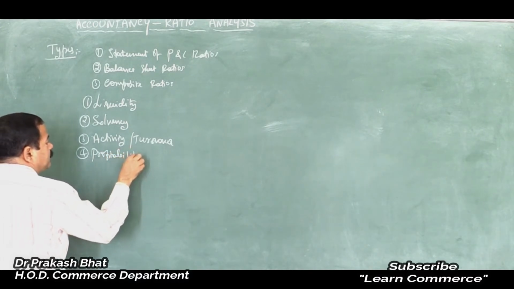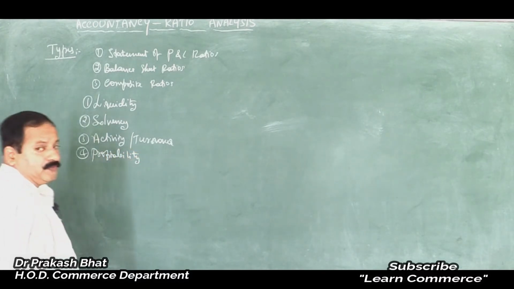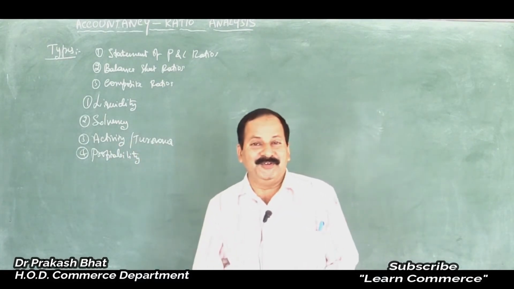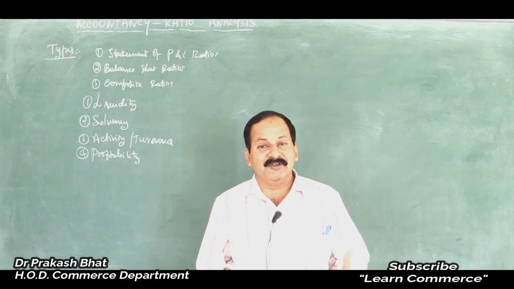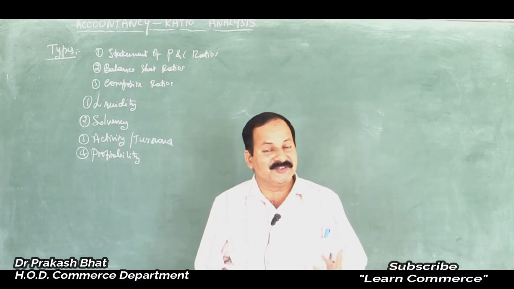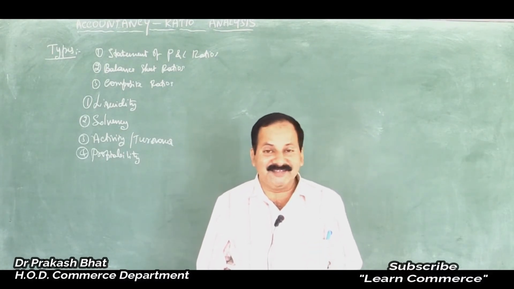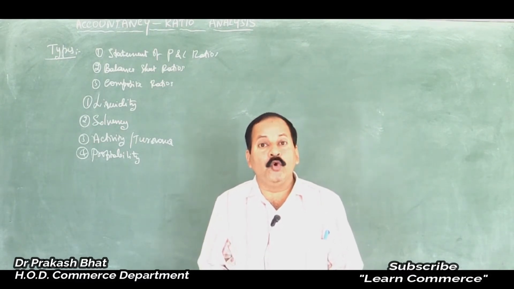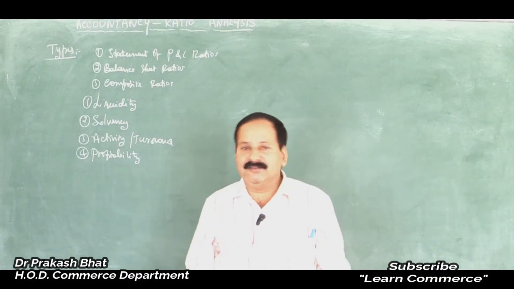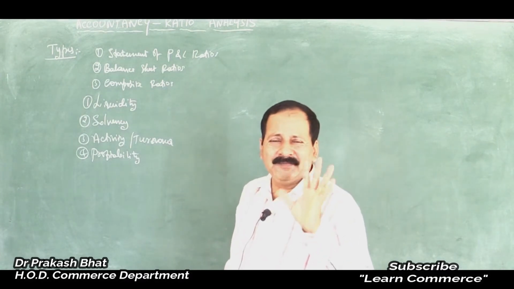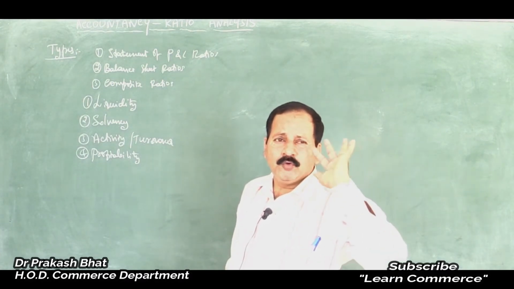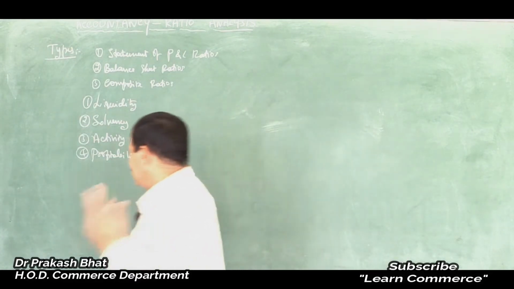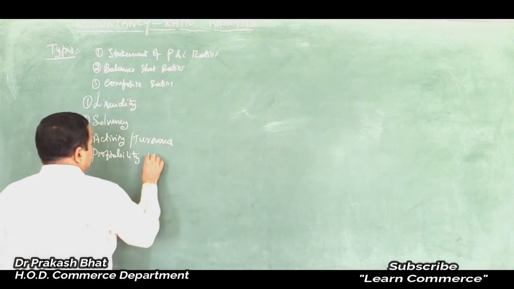Under each of these categories there are different ratios, like 4 or 5 ratios under each of these, and for each of those ratios there will be a formula, so you should remember all those formulas for the board exam. Very easy. Don't take it in a negative way that so many ratios are there. If you know the items very clearly, what you mean by debt, what you mean by equity, then it's done. Very simple. If you know the formula, it is very easy to solve.